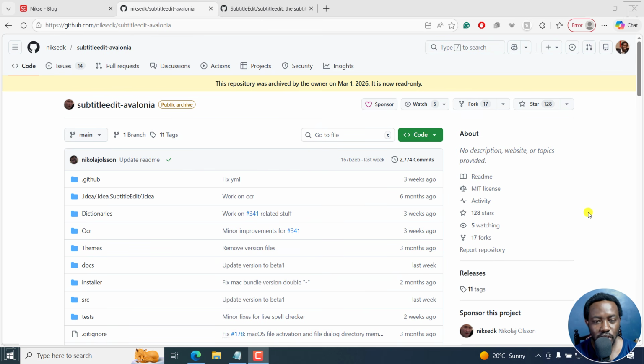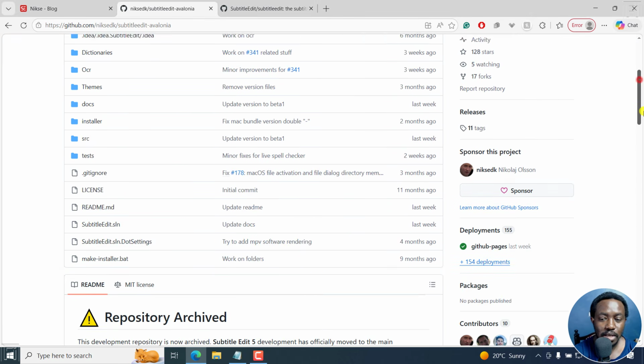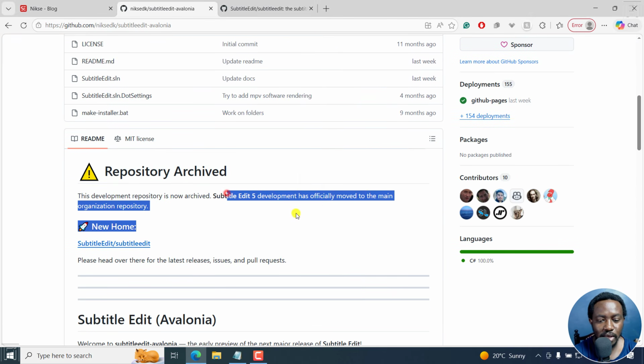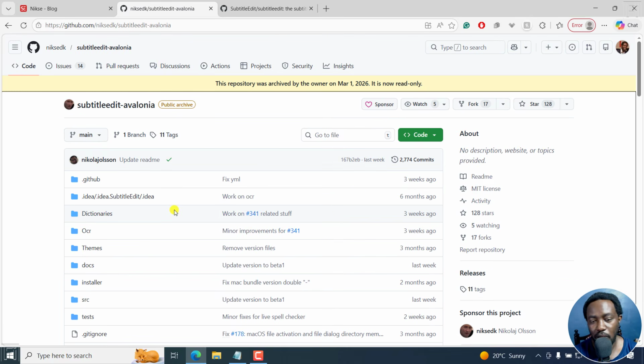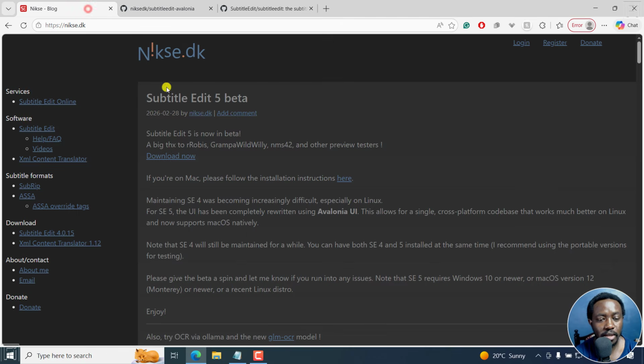Subtitle Edit Avalonia was archived on March 1st, 2026 because Subtitle Edit development has now officially moved to the main Subtitle Edit repository. Now, this has been going on for a while, more or less almost a year, and Nicolaj has really been working on a lot of things behind the scenes. And a post from 28th February 2026 shows that Subtitle Edit 5 is now in beta,